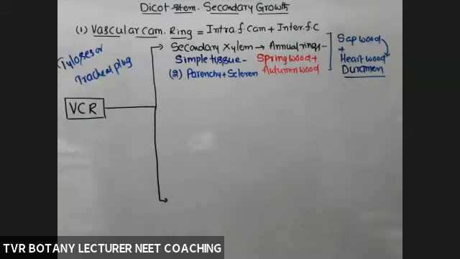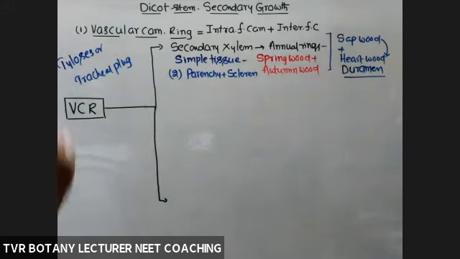Okay, and here the question is, annual rings are present in only sapwood, only heartwood. Annual rings are present in secondary xylem. That is the given statement. What is that secondary xylem? It differentiates into sapwood and heartwood. So annual rings are present in both sapwood and heartwood. Basically, what is heartwood? That is nothing but sapwood, or not. If annual rings are present in duramen, no doubt sapwood also has annual rings. Both have annual rings. So annual rings are present in both sapwood and heartwood.